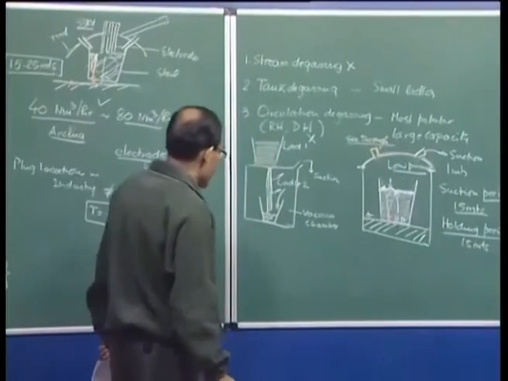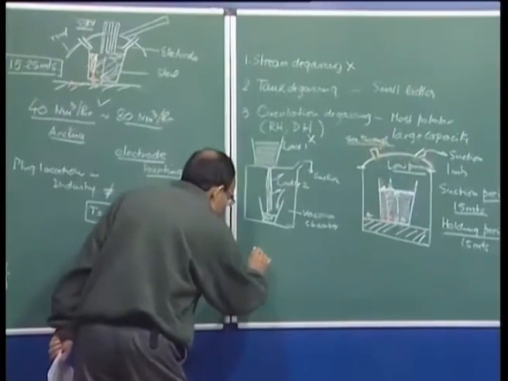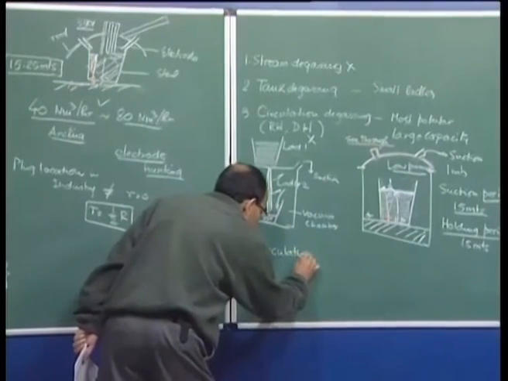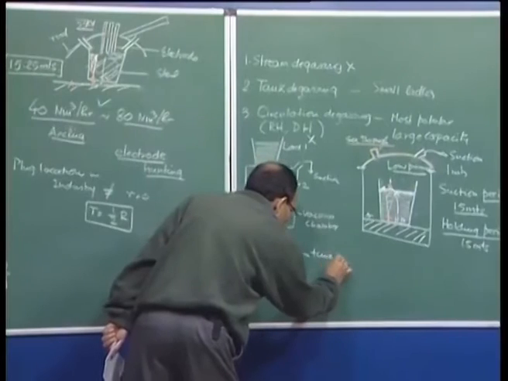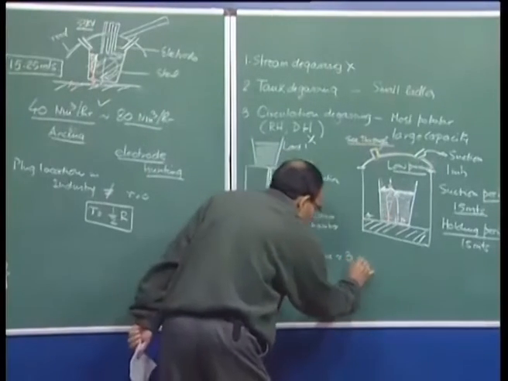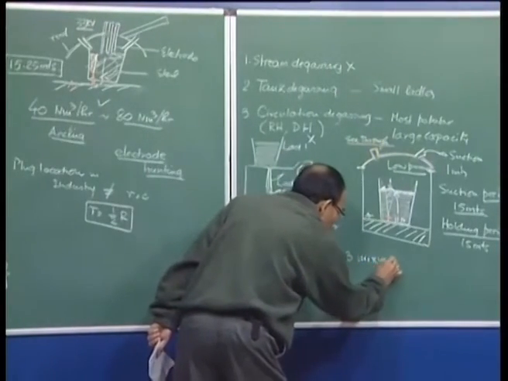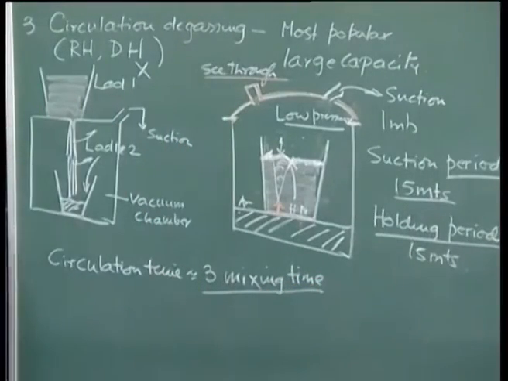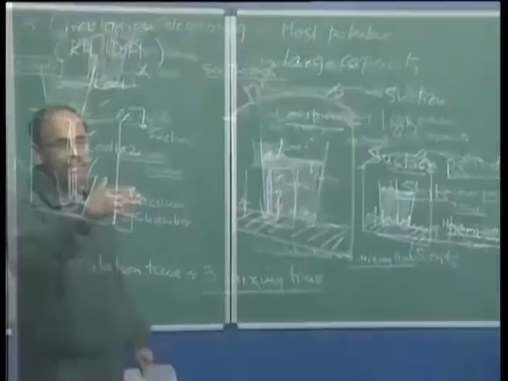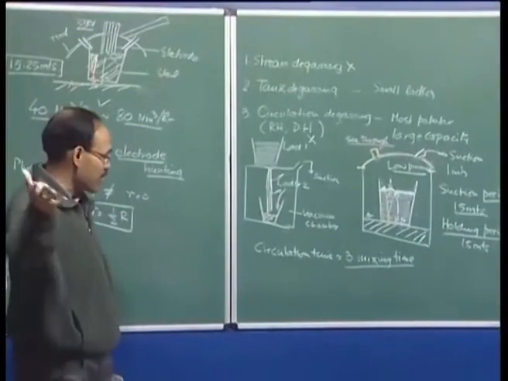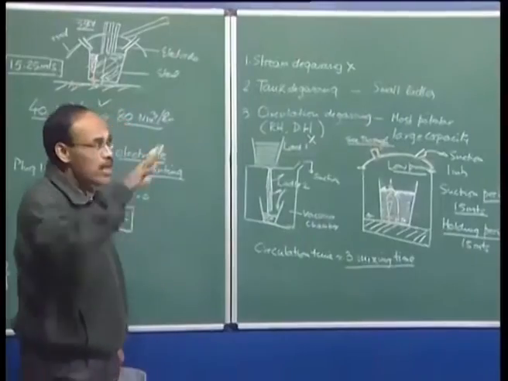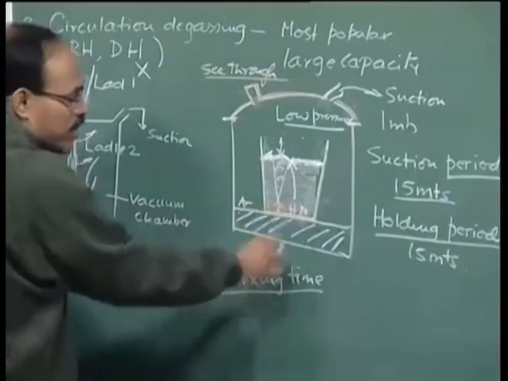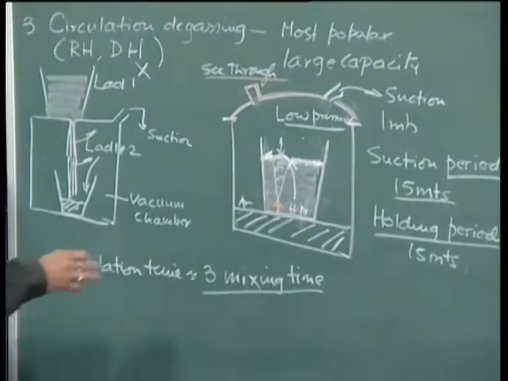Now, we have a circulation time concept, and that circulation time basically is 3 times the mixing time. So, I can find out what is the mixing time of the ladle. Suppose I have a correlation like the one I have shown, mixing time is equal to 25.4 into q raised to the power 1 by 3, etc. So, if I know the correlation, I can substitute the parameters, the gas flow rate, the depth of the liquid, the radius of the vessel, I can calculate the mixing time, and then 3 times the mixing time